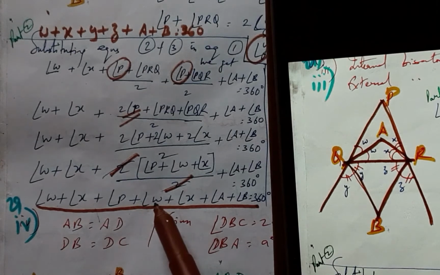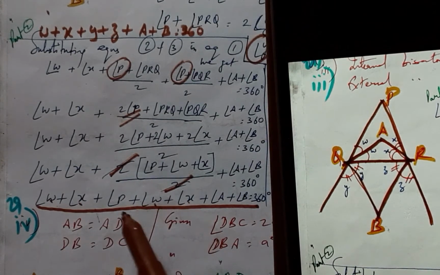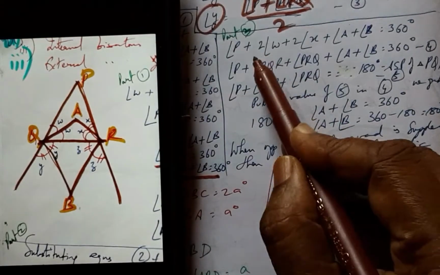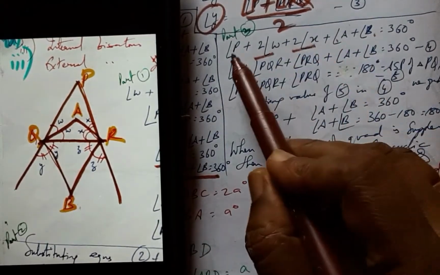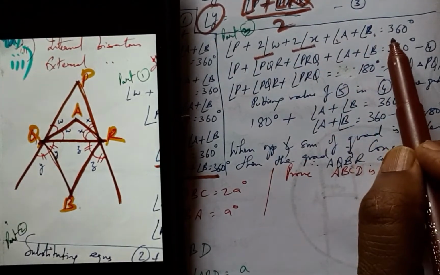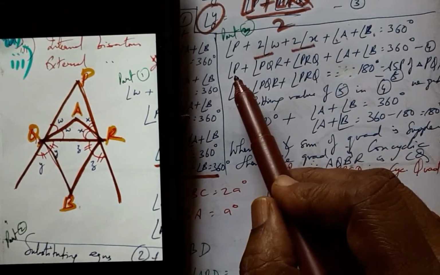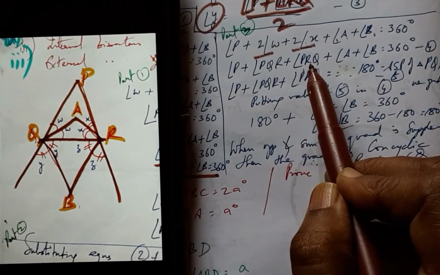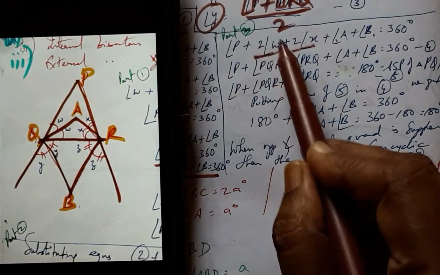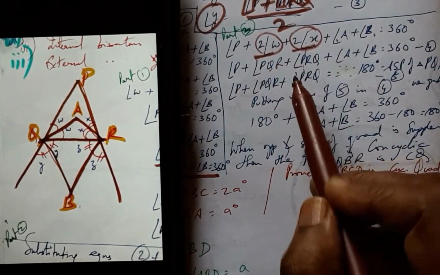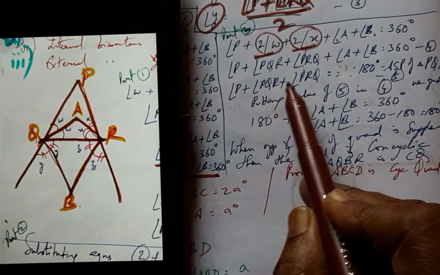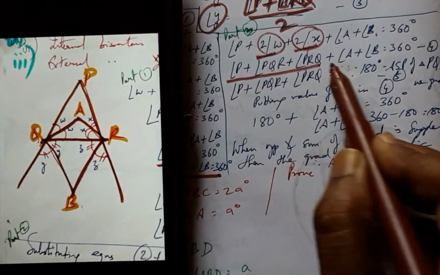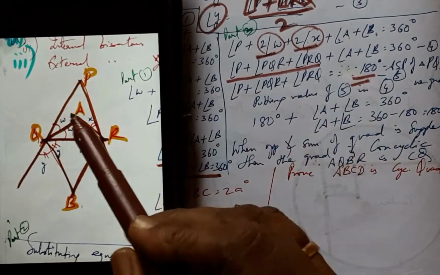Again, we can see that there are 2W, 2X and A, P and B. So 2W, 2X and A, P and B. That is what has remained, and 360 degrees. And now again 2W and 2X are once again PQR and PRQ, and therefore once again value substitution and replacing them, we have this in place, and this part is equal to 180 because this is once again